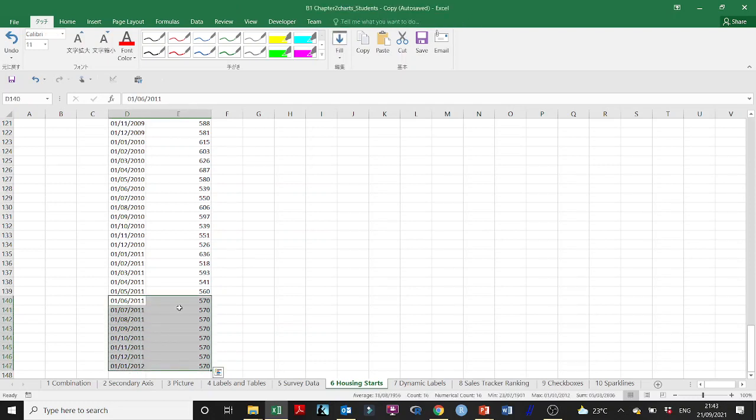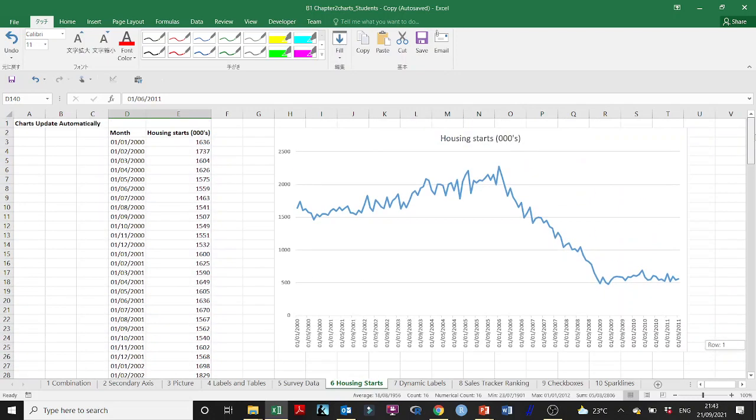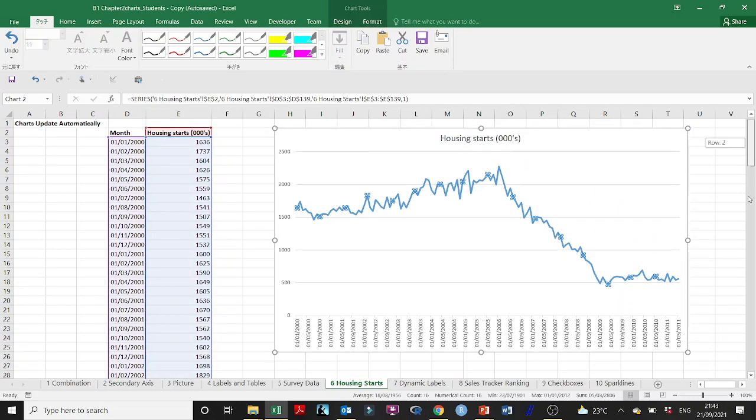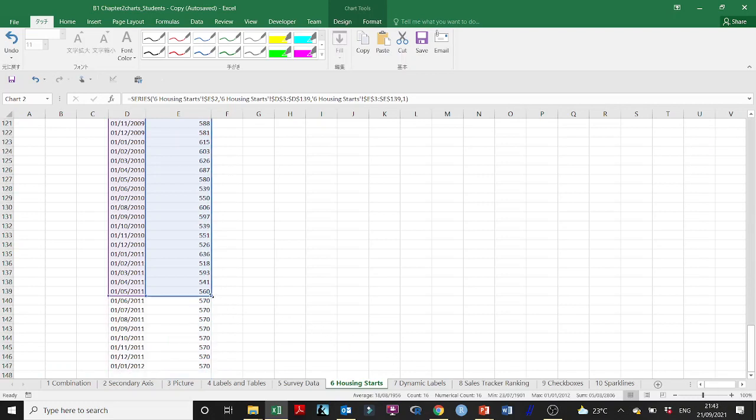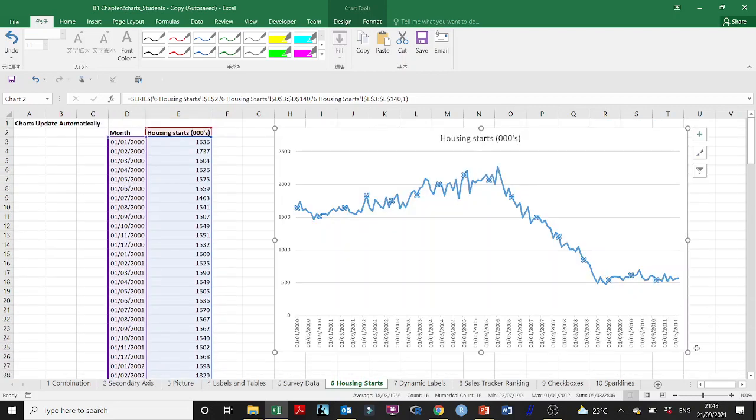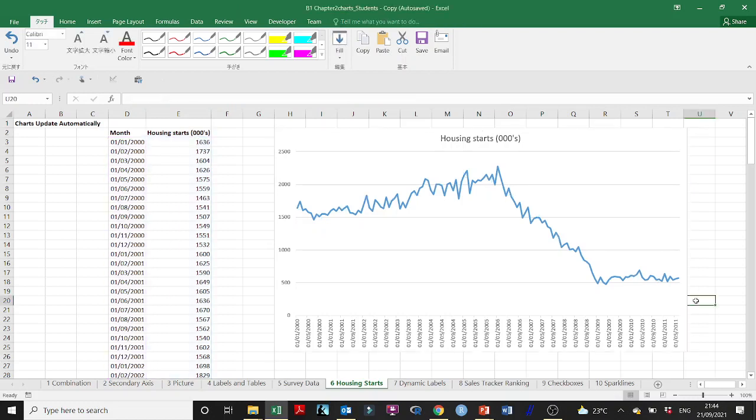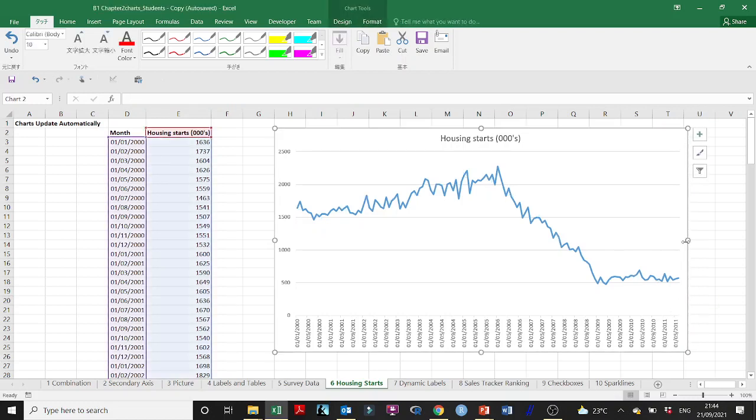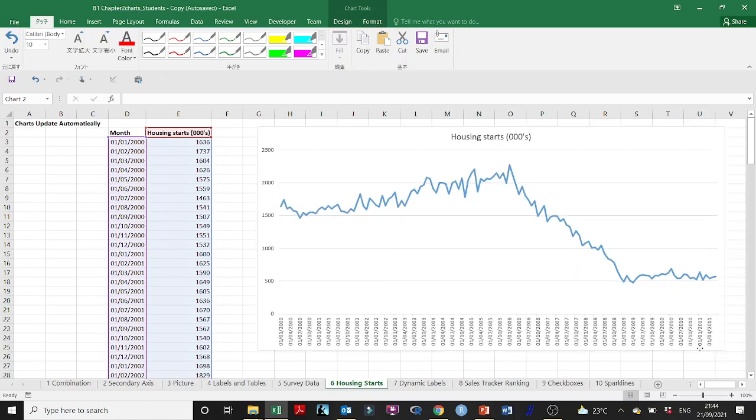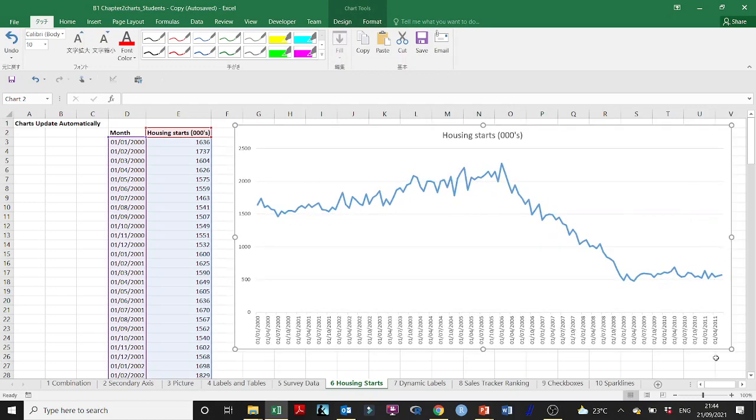Oh, as you can see, there is no automatic update. I will have to select this and then drag this down. You see? So that I can see, and hit enter, of course. So I can see an extra date ahead. Okay. It cannot show me here the dates really, but you can tell that this chart is actually representing this data